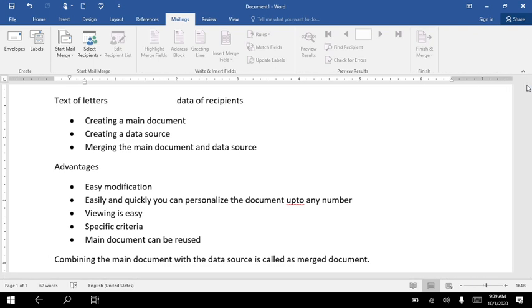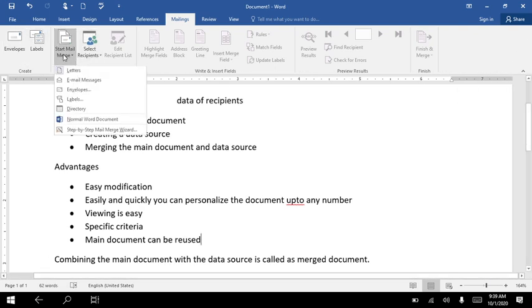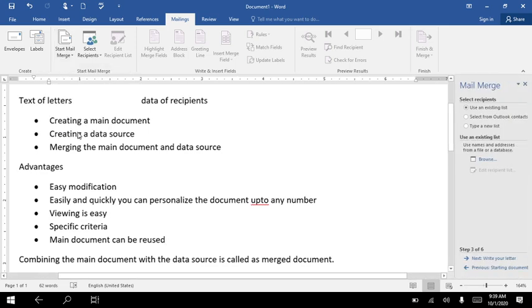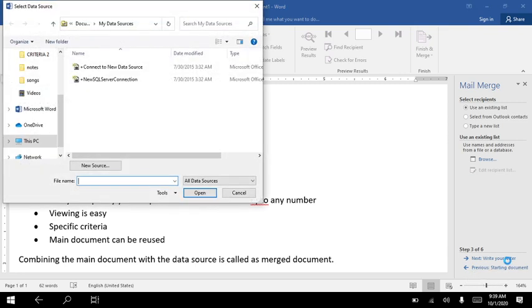I think I've already created it, so it's just showing that. I'll show you once again. Step by step mail merge wizard. Use an existing document. Okay. Then select recipients.